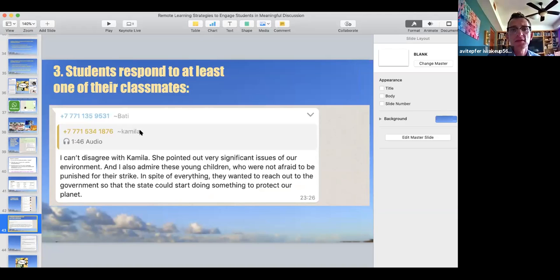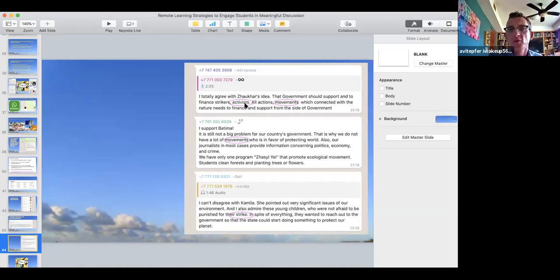Okay, and you can see that Camilla here was very specific about her response, and I can really see as a teacher that she was listening to her classmates. In these responses here, you can see I circled some of the words that were on the vocabulary list. So students are listening to those words in the comments of their classmates, and they're also using them again in their replies. Okay, so we just get a lot of repetition of those words, and it really helps to lock